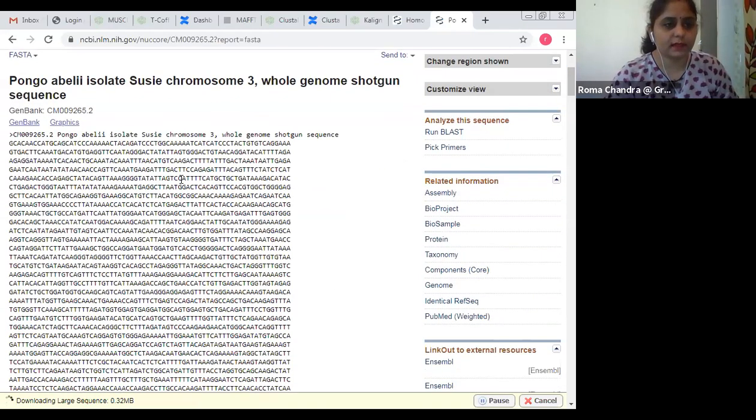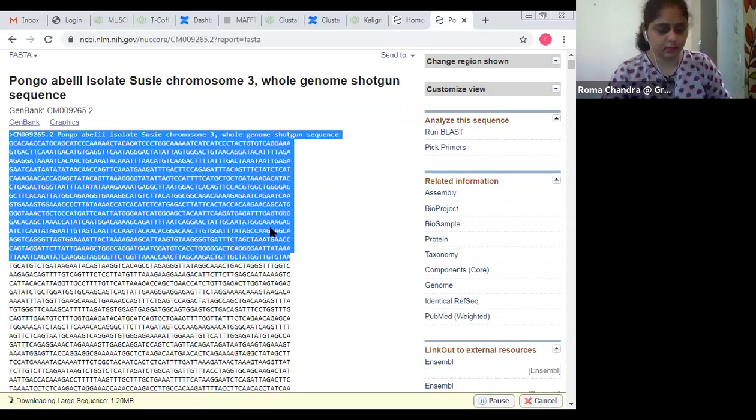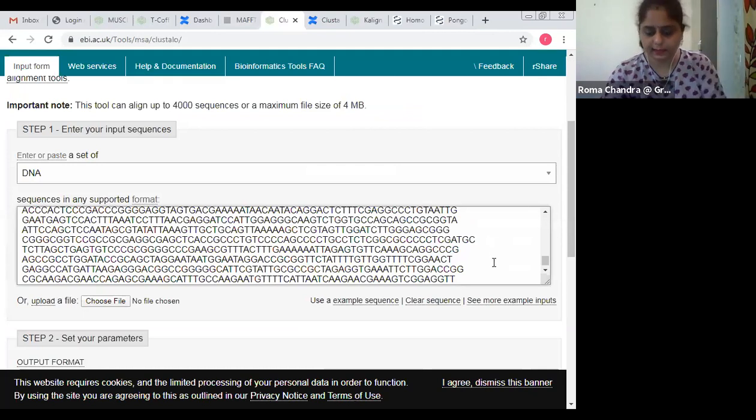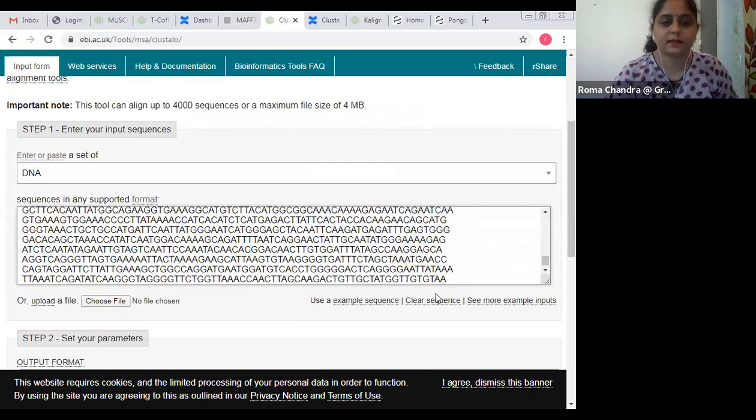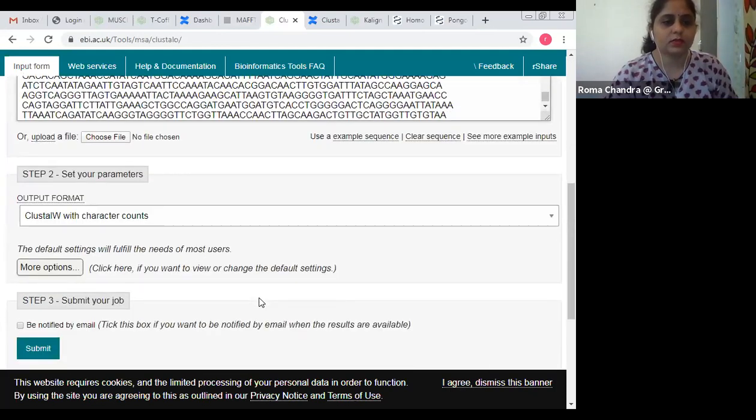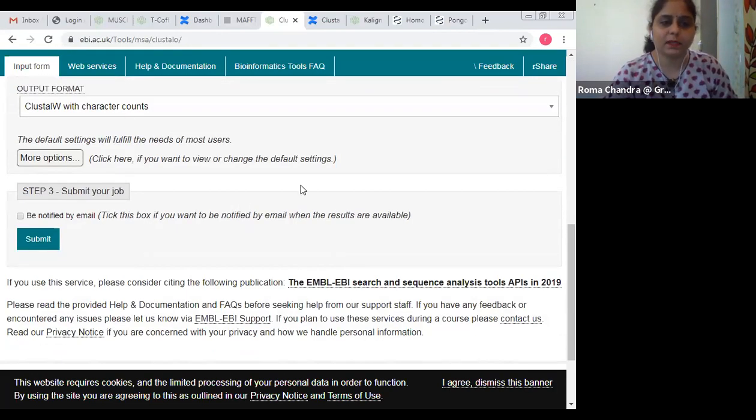I need my FASTA format. I just copied a portion of it, not the whole thing. I put some space and pasted my third sequence. The same thing I could have done was paste the sequences in Notepad and upload my file. Now I'm keeping everything as default value.